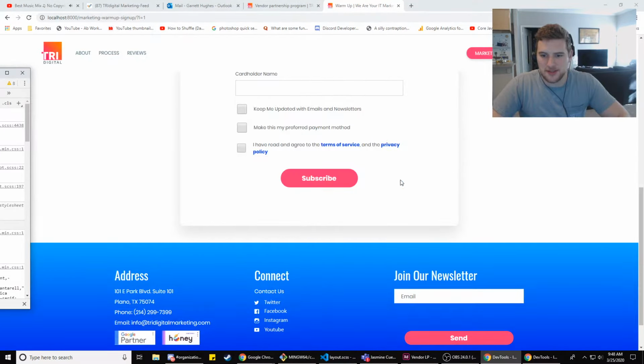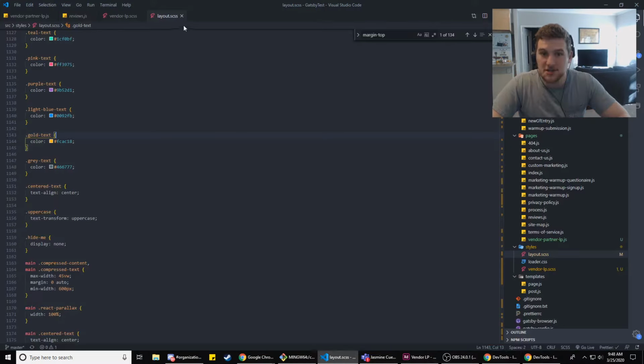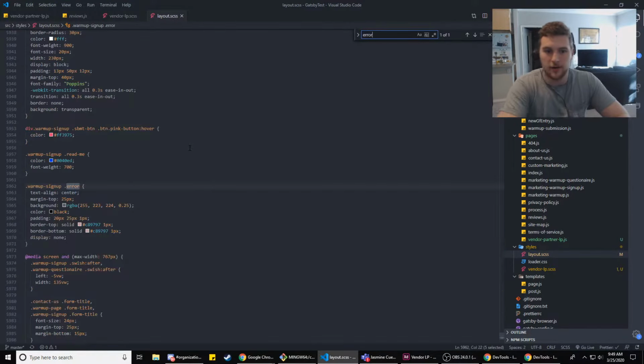I'm pretty sure it would be something like error, but there we go, error. All right, so we just need this stuff, right? Actually, let's just look in general styles here for error. I don't know why I didn't do that to begin with. That's the only error? All right, so copy that.